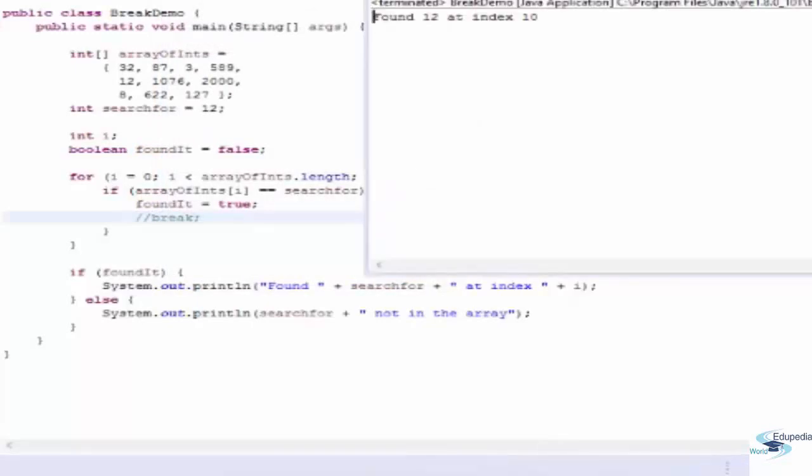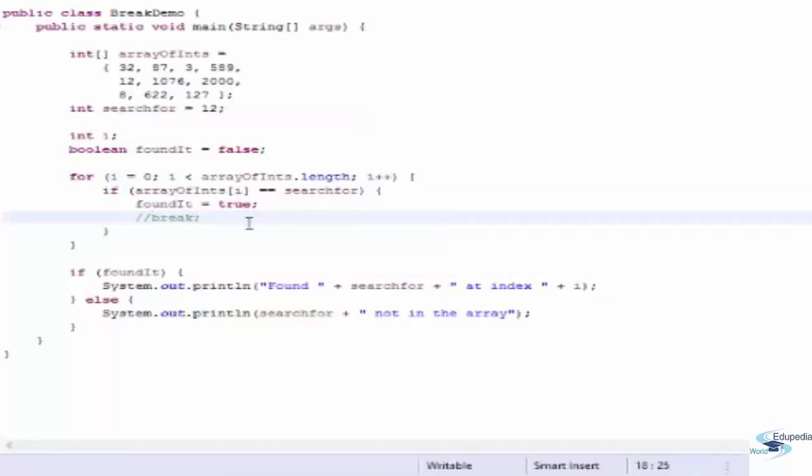Well, over here you can see the output that we are getting is found 12 at index 10. Why is it so? What's there at index 10? Let's see: 0, 1, 2, 3, 4, 5, 6, 7, 8, 9, and there is nothing at index 10. So why is it saying it has found 12 at index 10?